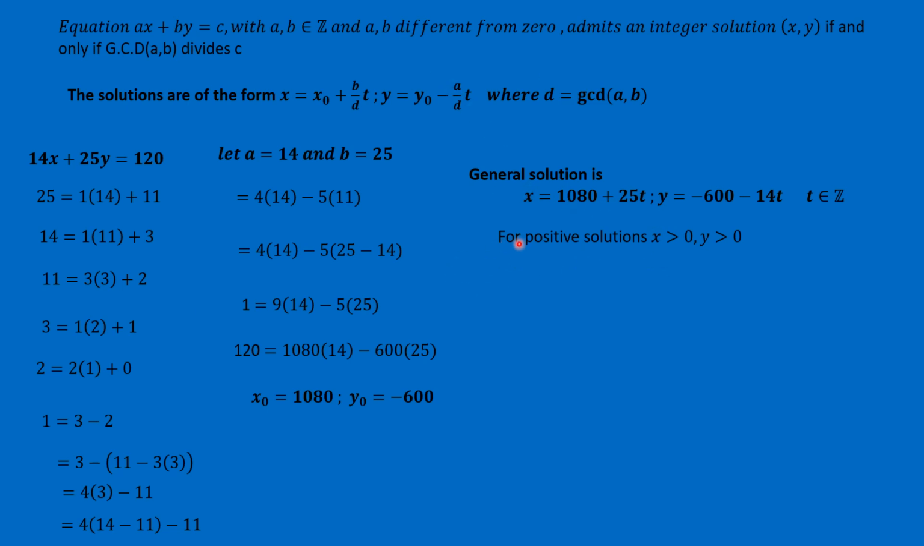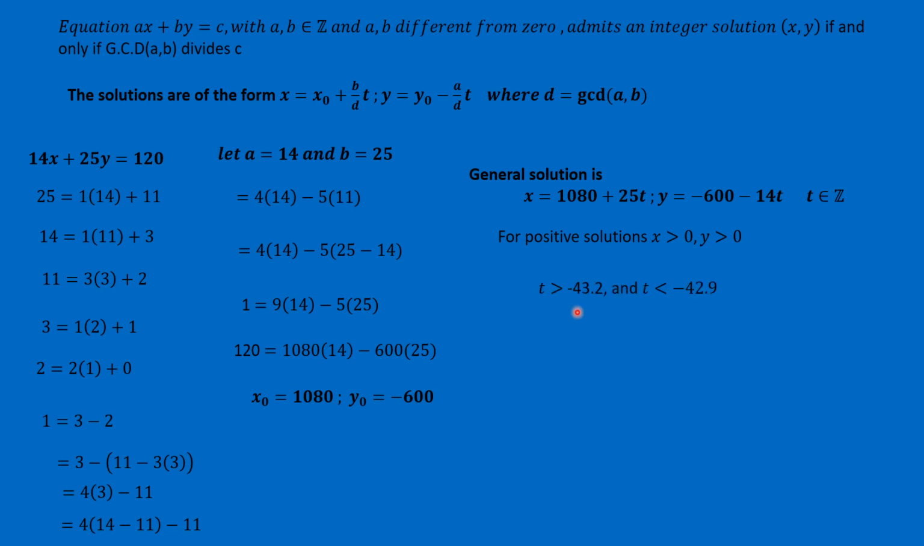Now we have to look for the positive solutions. For the positive solutions, we have a positive solution when x is positive and also y is positive. That's the meaning of a positive solution. So doing that, when we solve this inequality x greater than 0, remember we are solving for t is an integer. So when you take this greater than 0, you will be having t